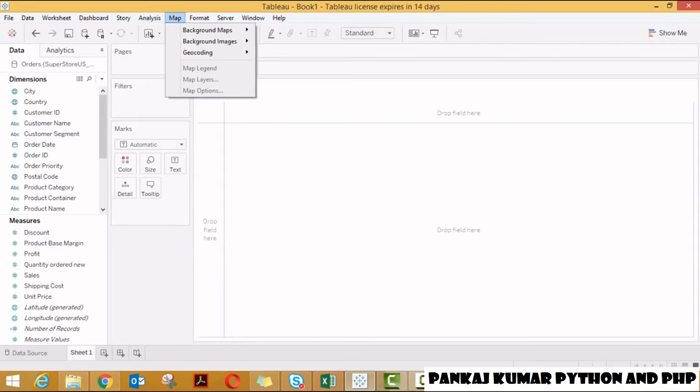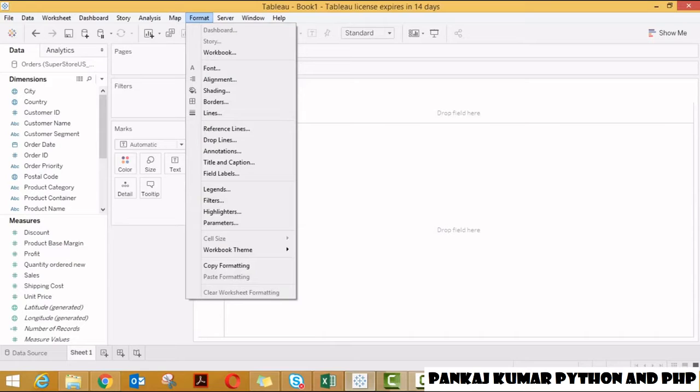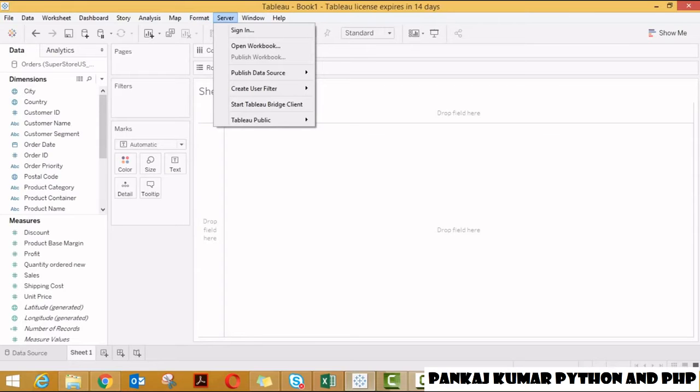Coming to the map, through which you can generate your heat maps. Coming to the format, you can change the font size, alignment, shading, and borderlines of all your visualizations. Coming to the server, this menu helps you host your application or dashboard online once you have the proper license.